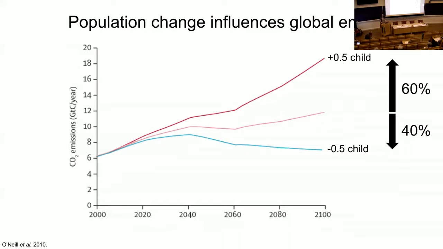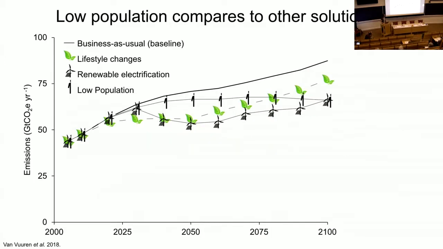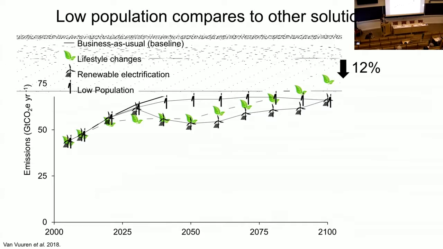But how does that compare with other factors that we're currently investigating to try to solve climate change? Actually quite well. So here we see three scenarios compared to a business as usual scenario. The business as usual scenario is shown by the solid black line on top, and that scenario is assuming one where trends are broadly going to follow their historical patterns. So if we have a lifestyle change scenario in which consumers adopt low consumptive lifestyles, like a primarily plant-based diet, or flying less, then we would see a decrease in emissions of 12%, compared to the business as usual scenario by